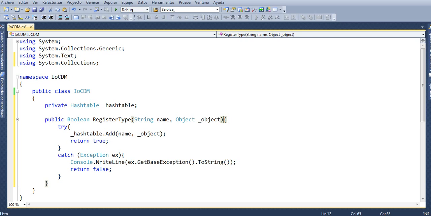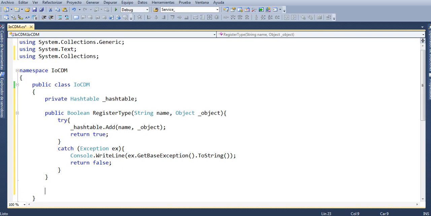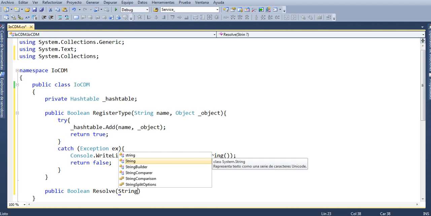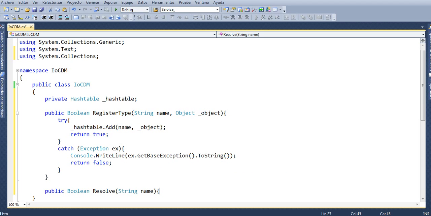The next method will be here, public boolean resolve, string name, curly braces,